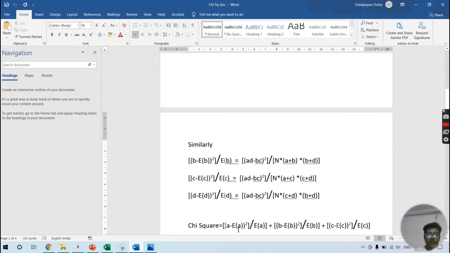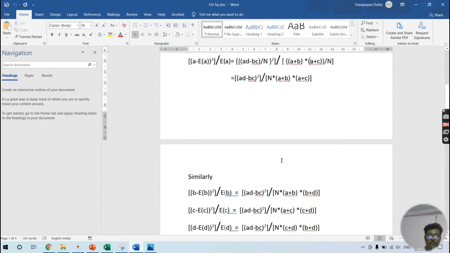Similarly, by doing the same calculation, what we get for the b, c and d variables are these results. Now friends, if you observe carefully, you will see that this numerator part and this n in the denominator is common for all the four. See, it is common for all the four cases. This (AD minus BC) whole square divided by n, only this part itself is common for all the cases. So what we need to do is,